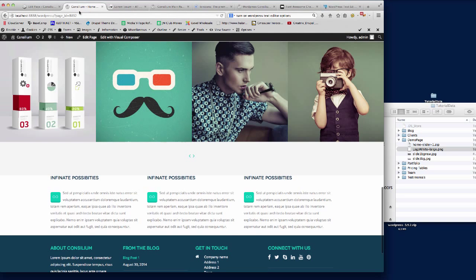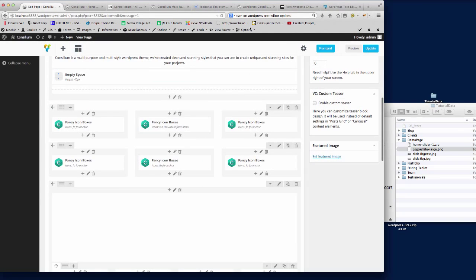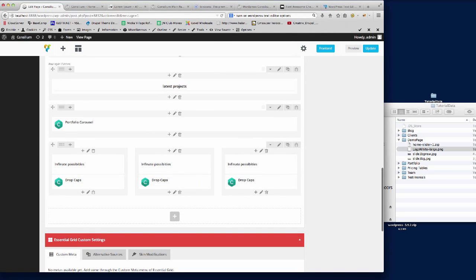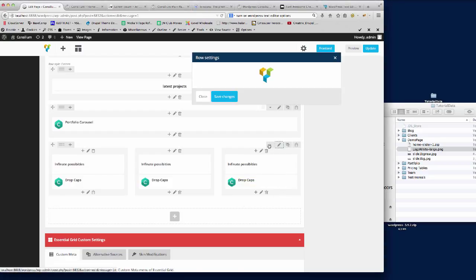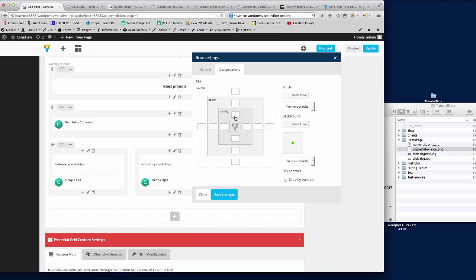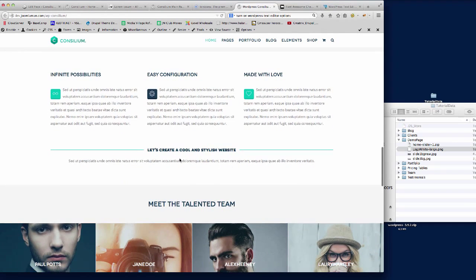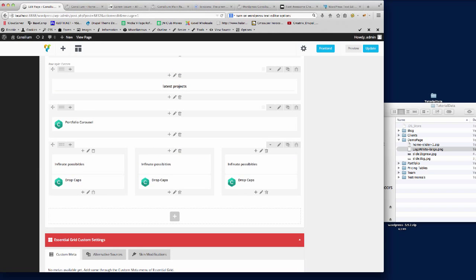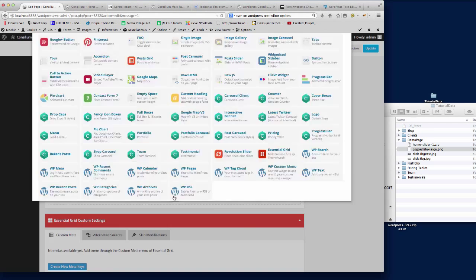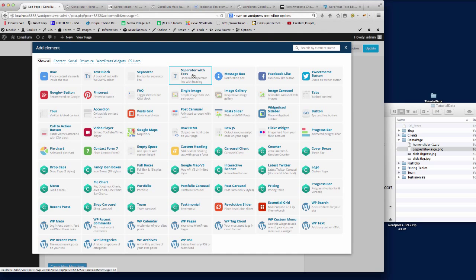So we need to put a bit of padding on the row with the drop caps on. I'm just going to do that now. We'll set this to 60 pixels, and then we'll set that to 60 pixels as well. The next thing that we need on there is the text separator with the line on the title there. So if we create another row and it's separator with text,